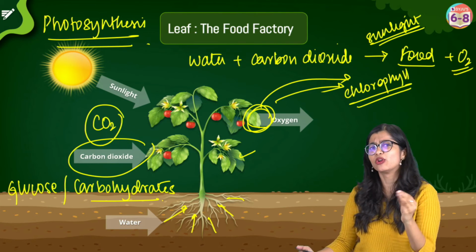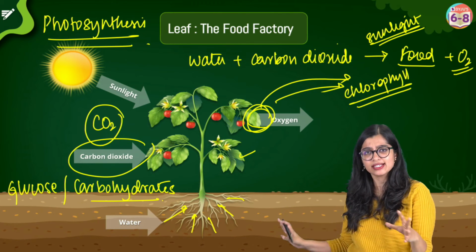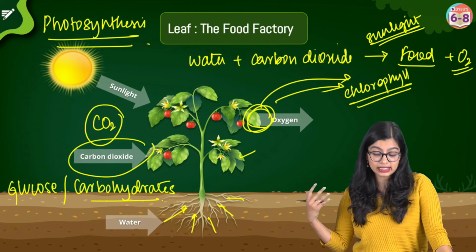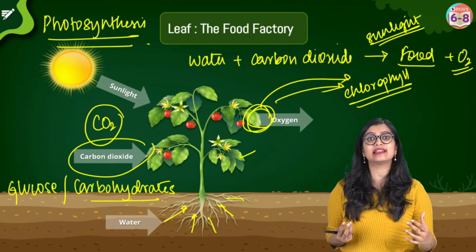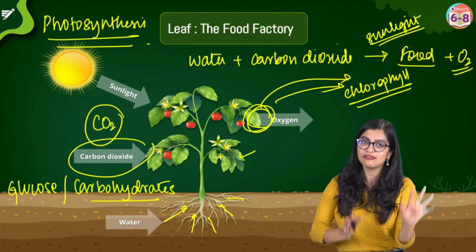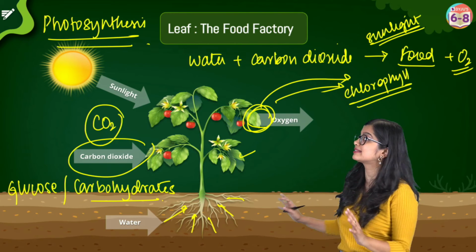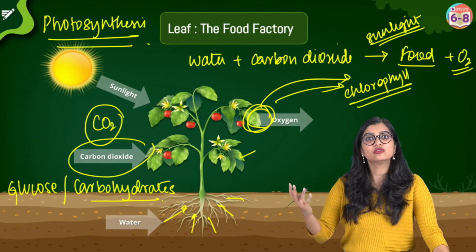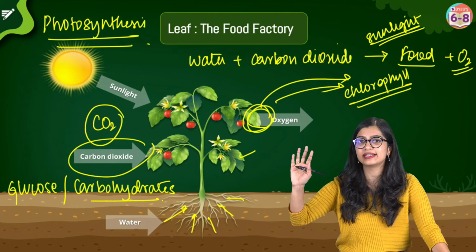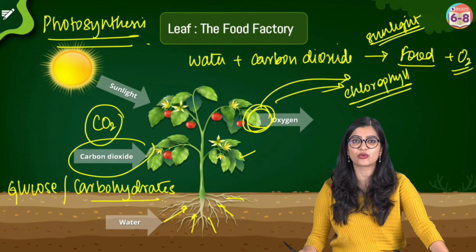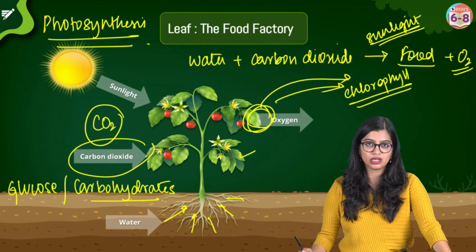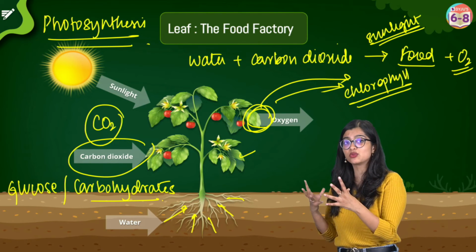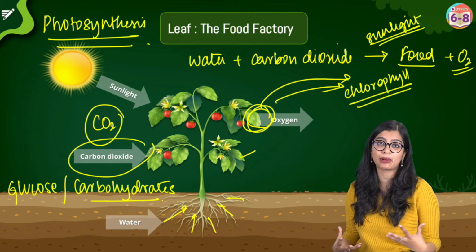No, right? See, roots do absorb water, and there are various conditions for which a root has to absorb water. But in most cases, we see that there is excess water in the plant. They have done photosynthesis, everything is there, but there is excess water in the plant. Now, the plant does not require so much water. There is no way in which the leaf will say, okay, listen, I've used however much water I need for photosynthesis, you take back the rest, I don't want it. It cannot function like that, no? So here we see that there is excess water which now needs to go out of the plant's body.